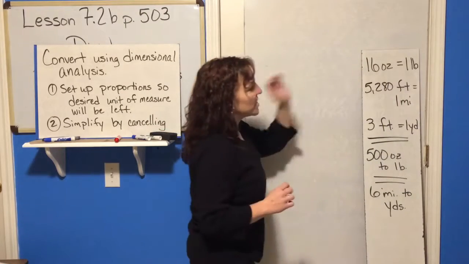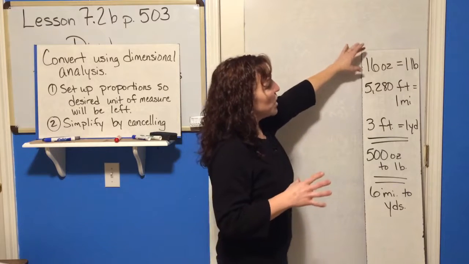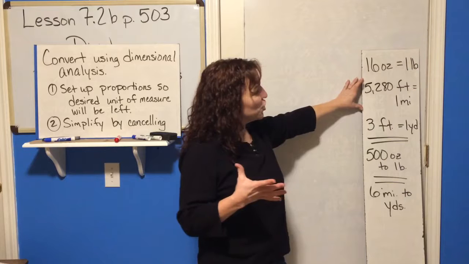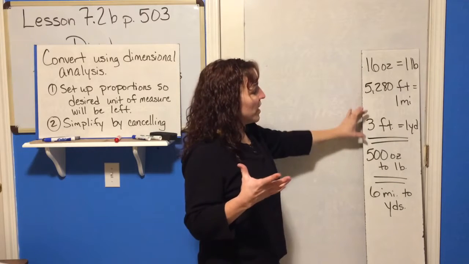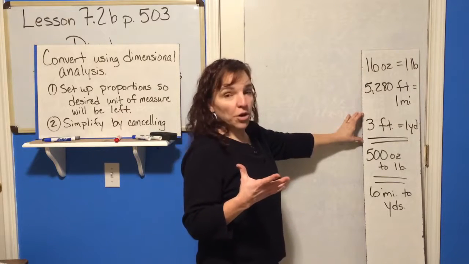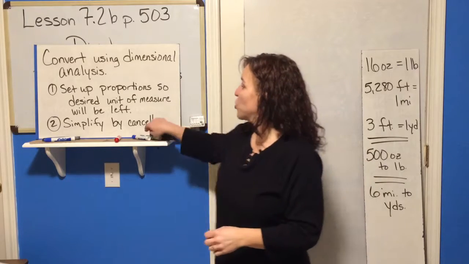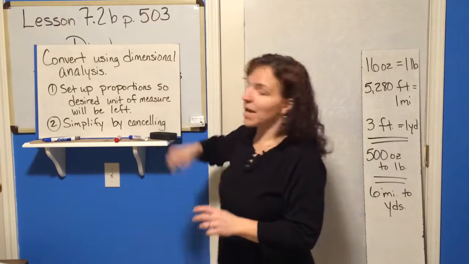these units of measure. We know that 16 ounces equals a pound. We know that 5,280 feet equals 1 mile. And we know that 3 feet equal a yard. I'm going to do these two problems using dimensional analysis to show you what I mean by setting up these